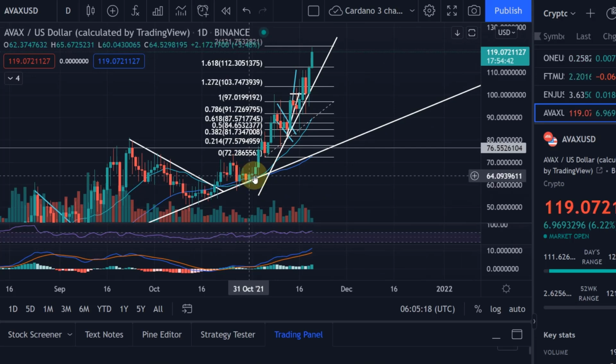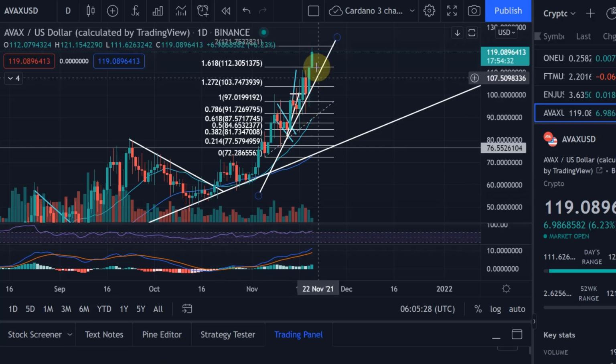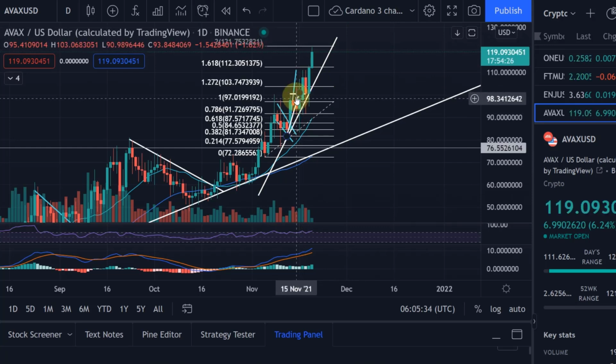And the other way around as well. When you're down here, you want confirmation that the uptrend is starting. So the first moves are always the riskiest ones. Getting into a trade too early is too risky. Leaving at the top too early is too risky as well. So you need to time it right. But of course, if you only got in here,